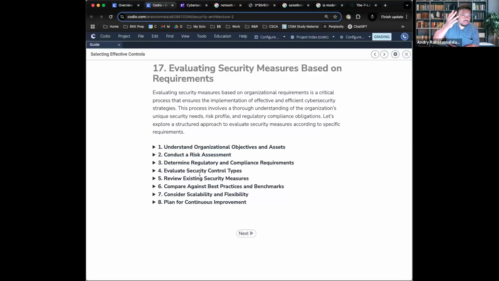Are there any compliance requirements that we need to adhere to? Based off of those five things, you can then start thinking, what are the controls I can put in place? What are the critical systems and services that I need to protect? From there, you can start implementing it. And then at the end, you want to make sure you do continuous improvement and continuous monitoring. That's what this slide is saying. Do your due diligence based off what your business specifically needs.